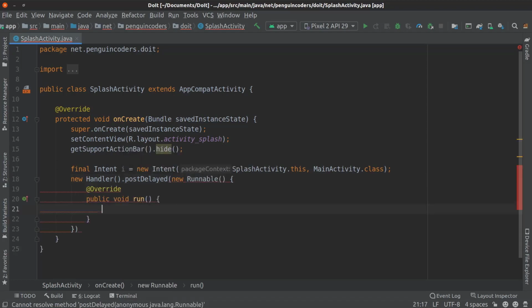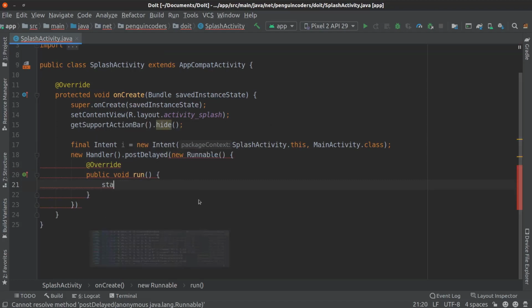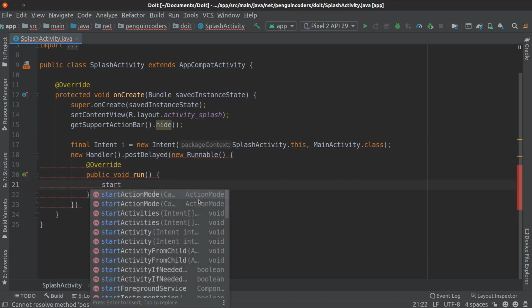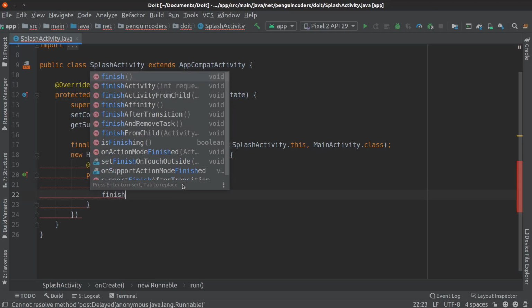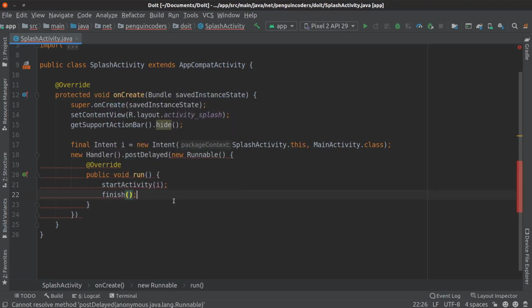New Runnable, public void run. Inside the run method I will write startActivity and pass the intent, and then we will write finish so that this activity is completed.